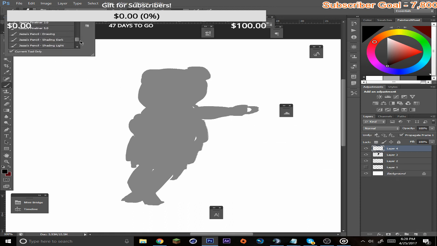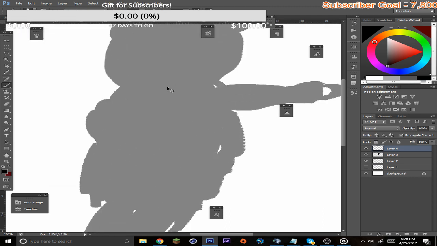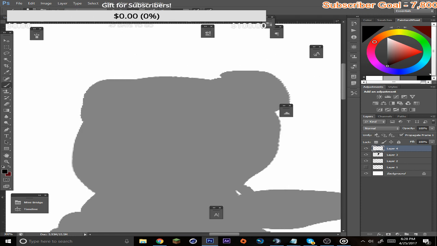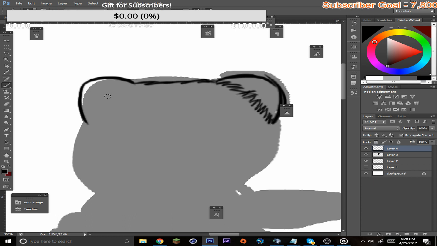So let's go ahead and get my drawing brush, which is right here. I'm going to zoom in. I'm going to make this very small, and we're just going to see what we can make of it right now. So as for the ears, we've got pretty nice ears. We're going to have little tufts, spikes really. They're just spikes. So in order to show that they're spikes, we just have to do the same kind of pattern for each one.